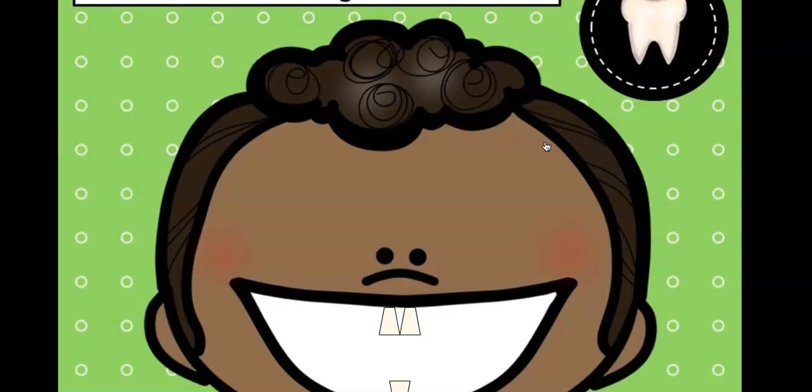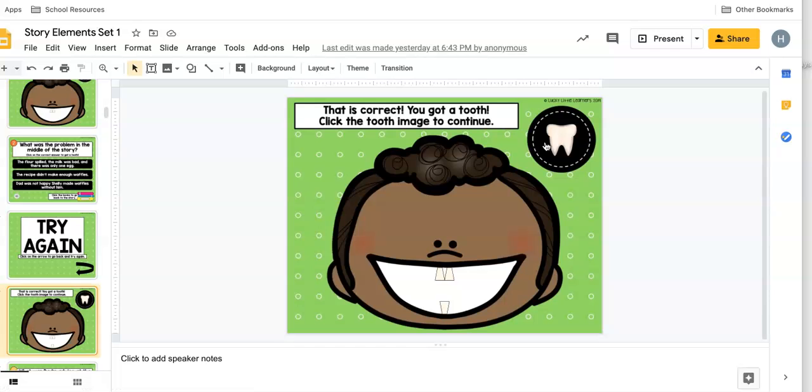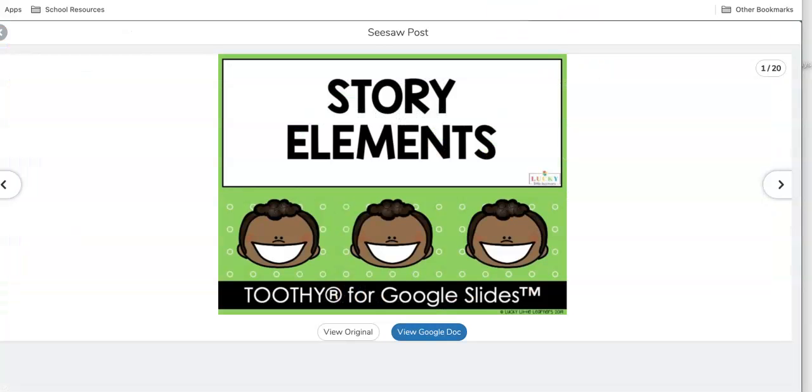So right now you can see in this mouth, I have 3 teeth. If I continue on playing the game, I'm going to continue as I get questions right and finish reading stories to get teeth added to the mouth. When I'm all done with the game, when I've reached the end of the questions, I need to count how many teeth are in this mouth, because that's kind of like my points in the game. And that's going to be important, because when you're done, you're going to go back to Seesaw